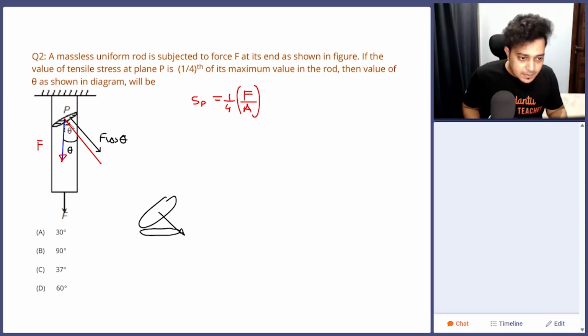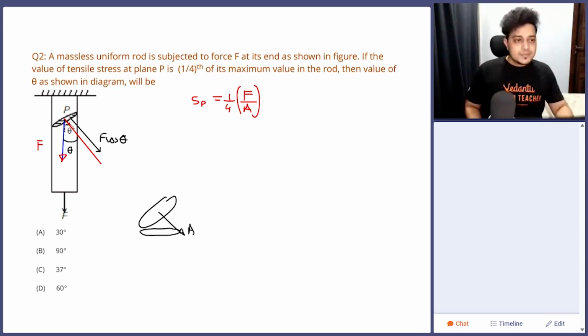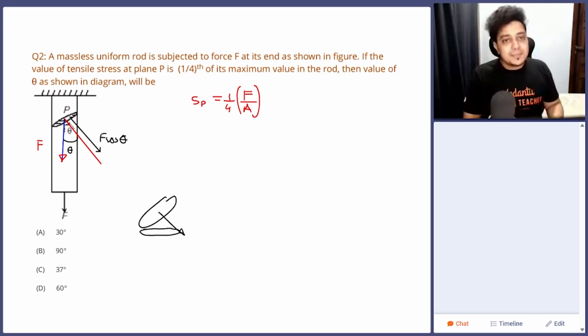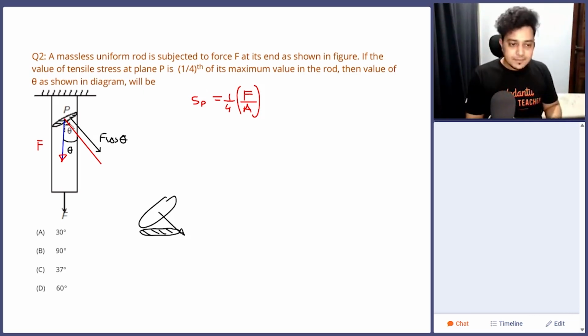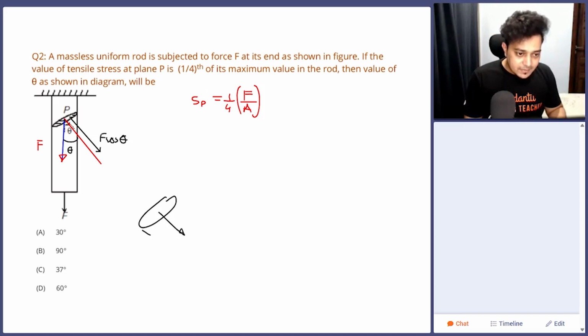So how much will this area vector be? Here we have to understand carefully. The cross section area of the rod is one of the components of the area vector of plane P. The cross-section area of the rod is one of the components of the area vector. So if I need the area vector from this in terms of A,